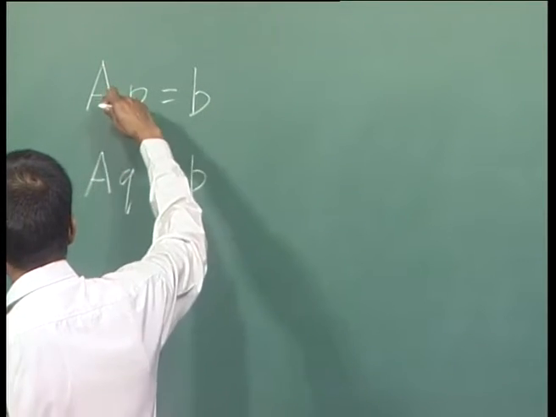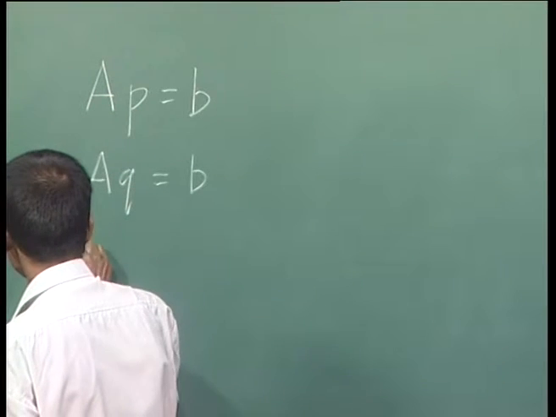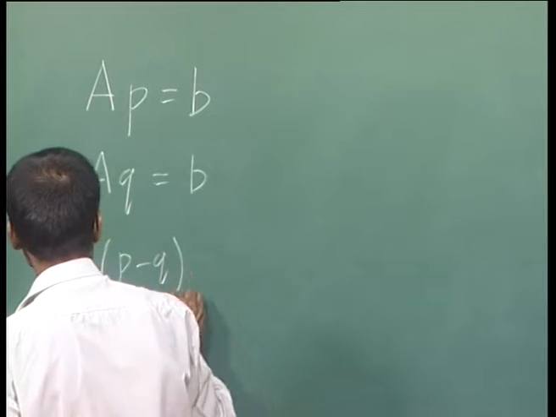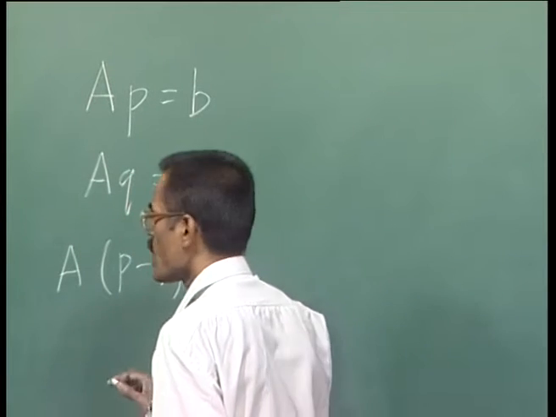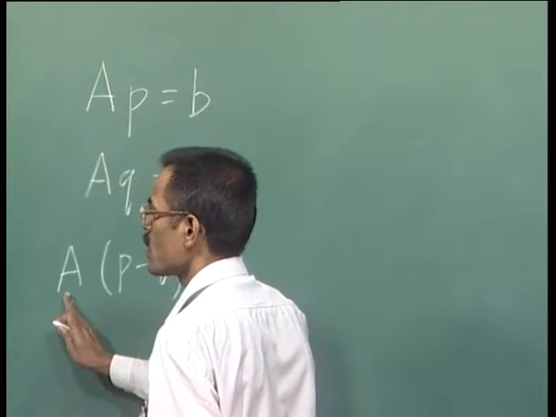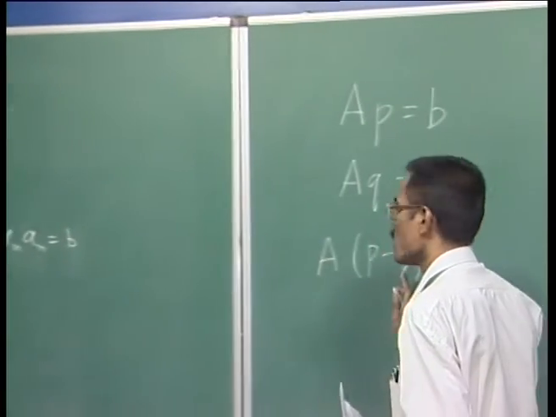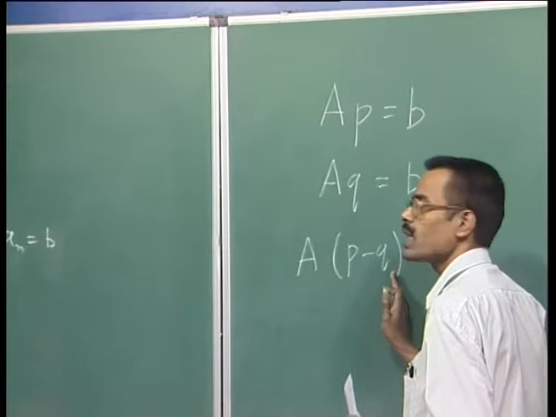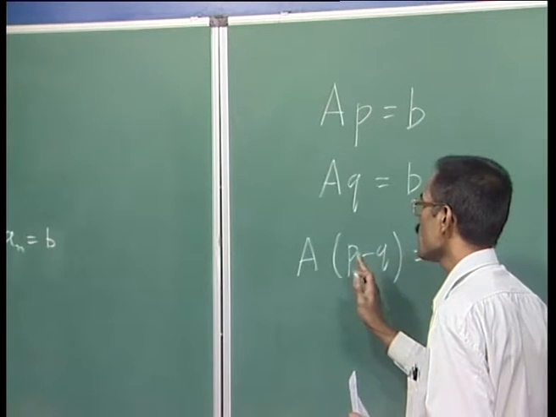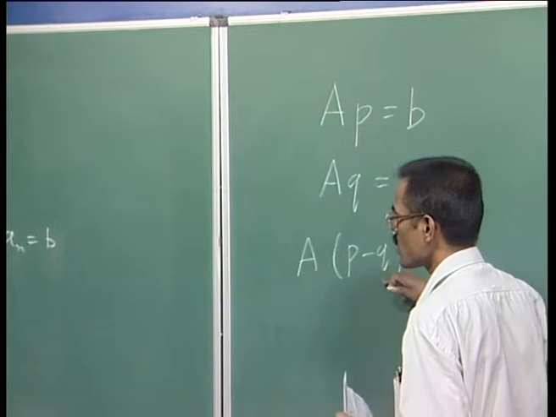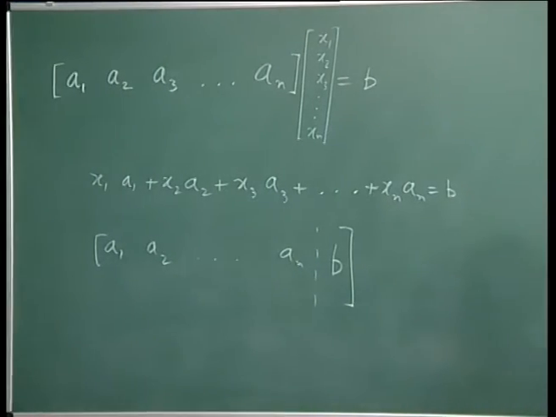And in that case, we can subtract and find A into P minus Q is 0. And what is A? It is a matrix with A1, A2, A3, etc. as columns. And what is P minus Q? P minus Q is a vector with entries P1 minus Q1, P2 minus Q2, and so on. So, when we open this in this manner, then we find